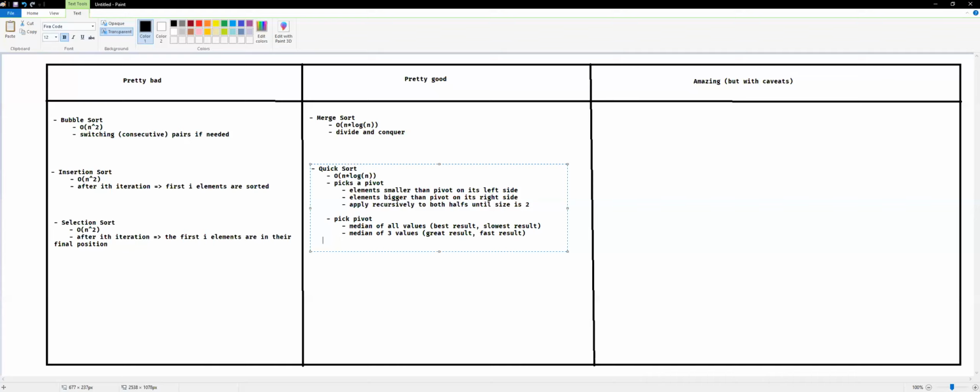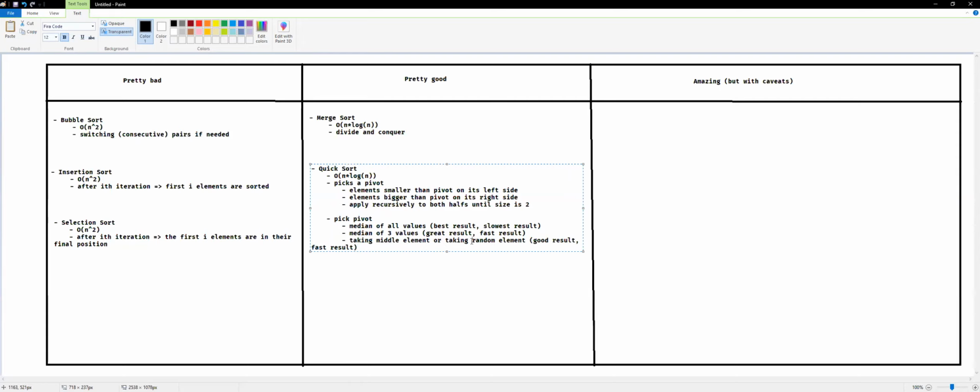And there is another one, which is either taking the middle element or taking a random element, which on average is still great, or maybe just good result, fast result. I couldn't really say, you'll compare them in your homework, but that's something else. Anyway,